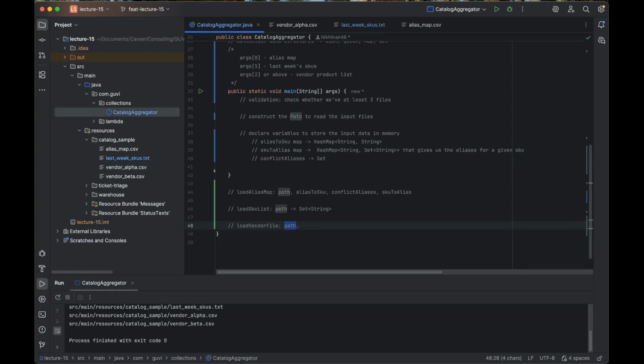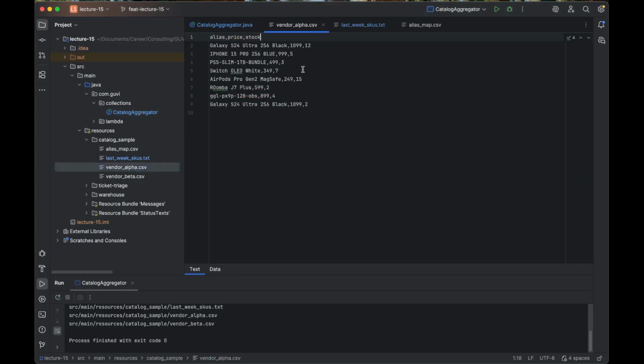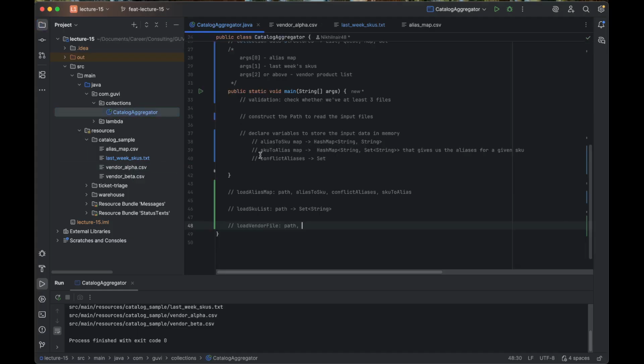So what are those data structures? Well, when we're processing the vendor file, we're going to need a few things. For example, we need to be able to compare the alias, so alias to SKU mappings. We need that. So if we go back here, one thing we absolutely need is the alias to SKU mapping. That is required. What else do we need? Well,